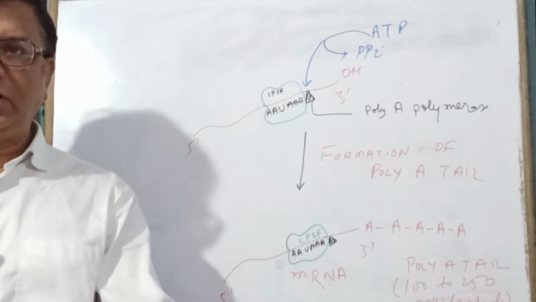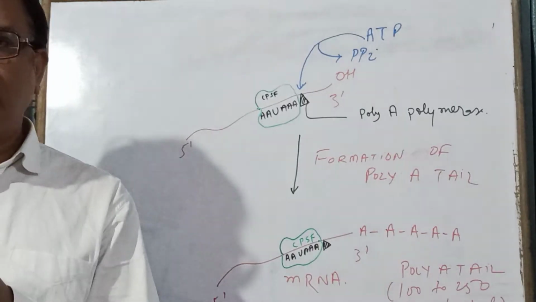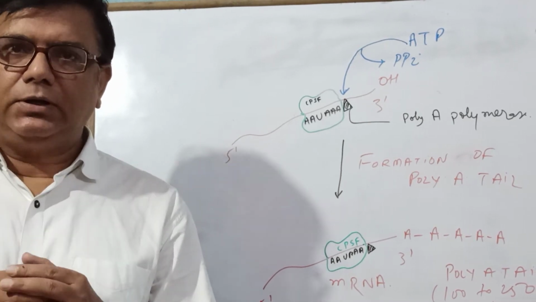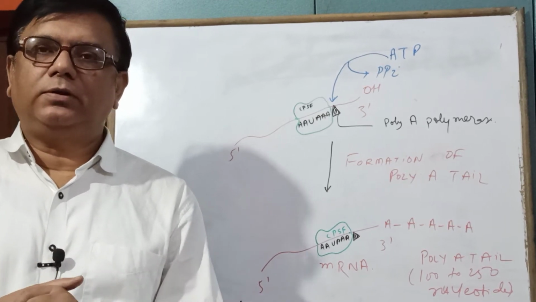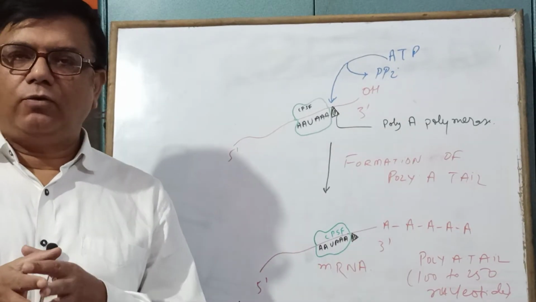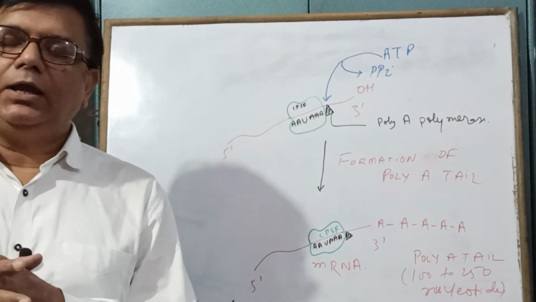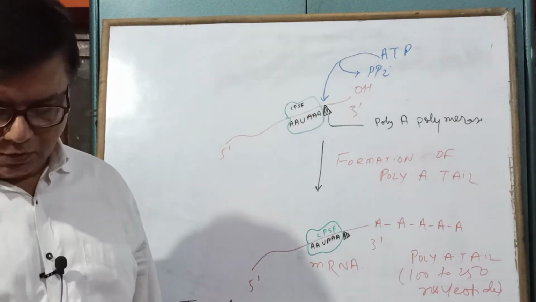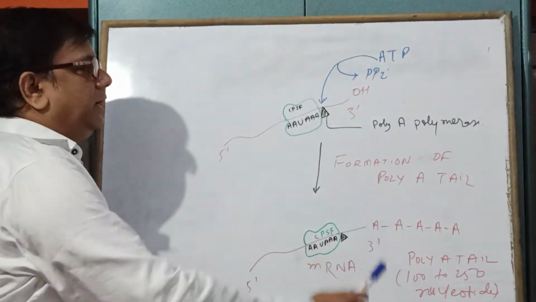As I told you, cleavage at the site near the consensus sequence takes place, leading to generation of the 3' end, and at the same time the cleavage factor, the 3' endonuclease, also dissociates from the complex which was formed with CPSF, the consensus sequence, and the poly-A polymerase enzyme. So what is left? You are left with the consensus sequence bound with CPSF and obviously poly-A polymerase.